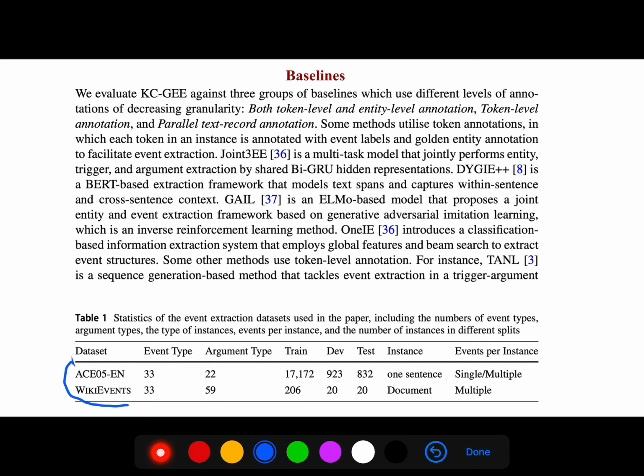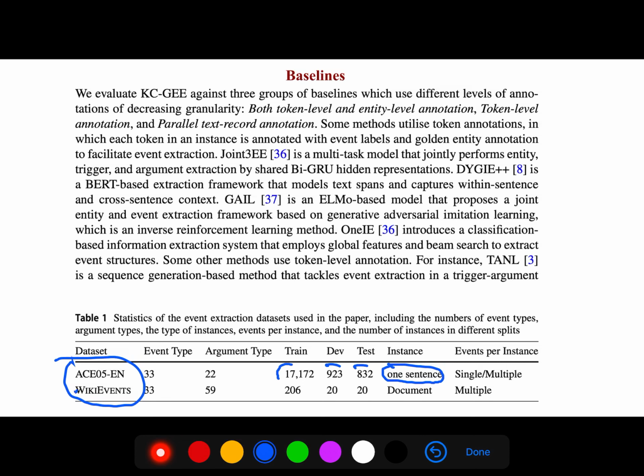And so they have these two data sets. For training, they use this amount, and for development and test. And the instance is one, they tested for one sentence. The data set is, so ACE is one sentence.